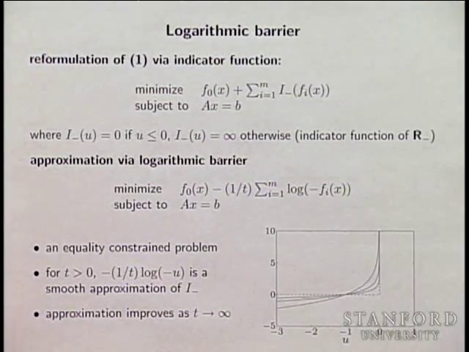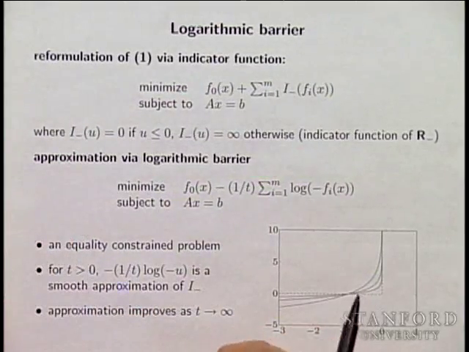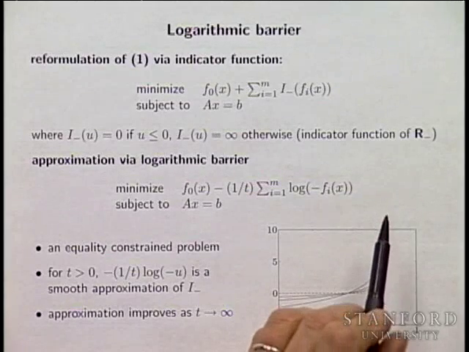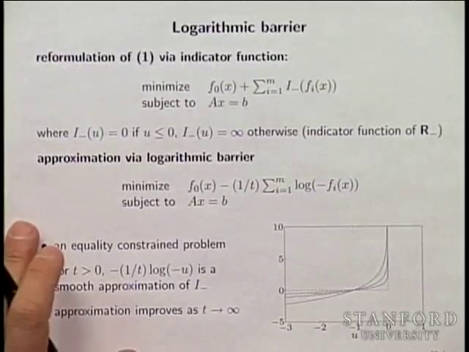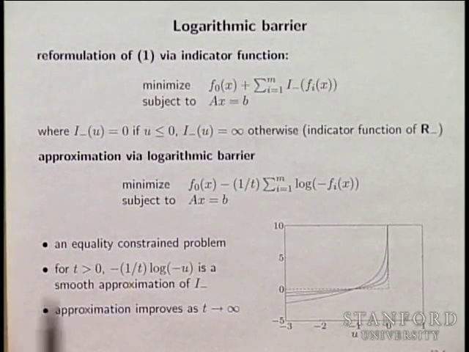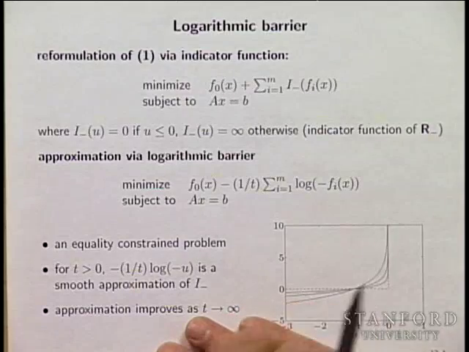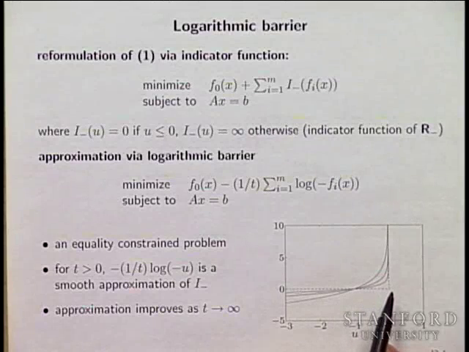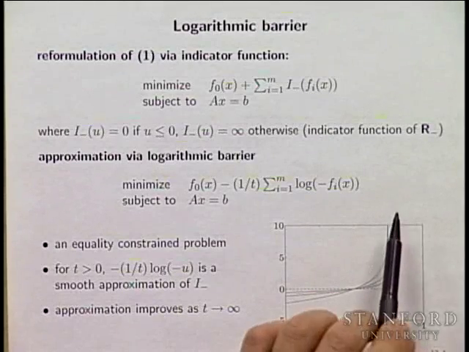It's the indicator function of the feasible set, actually of R minus. And what I'm going to do is replace that with a function that goes to infinity as you go here, but is otherwise smooth. A typical example would be like a log function, right? So this is called a barrier function, something like this. And basically, instead of being totally cool until you hit 0 for a constraint, and then basically going totally insane, because that's the semantics of the original problem,